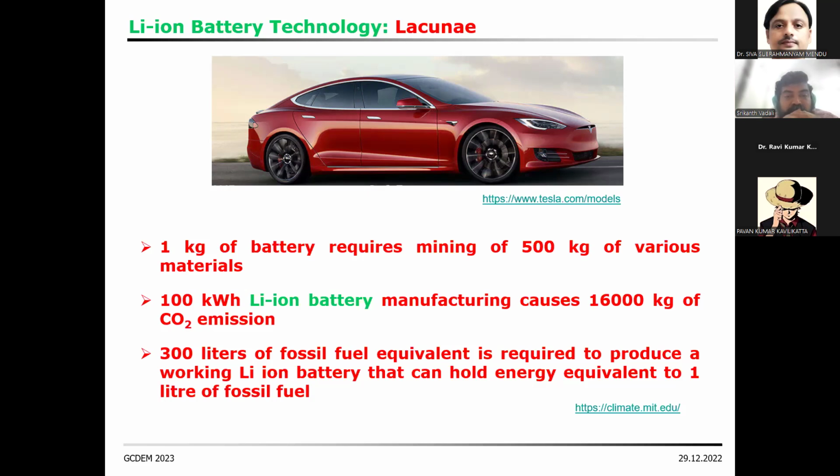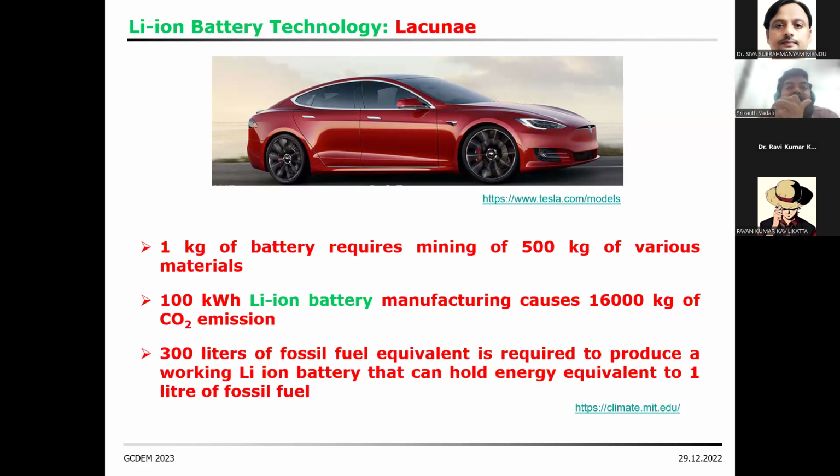Okay, let us see some numbers. I'm talking about a 100 kilowatt hour lithium-ion battery stack, which is about 300 kilograms. 300 kilograms sits on this car, the battery pack. Only then can it run the way it is supposed to run, the mileage, the speed, only when 300 kilograms of battery stack, with total power of 100 kilowatt hour, sits on that car.